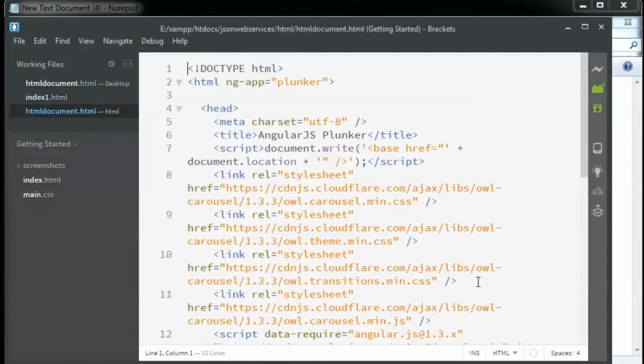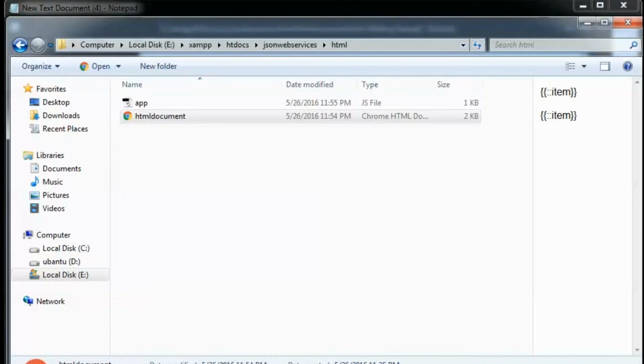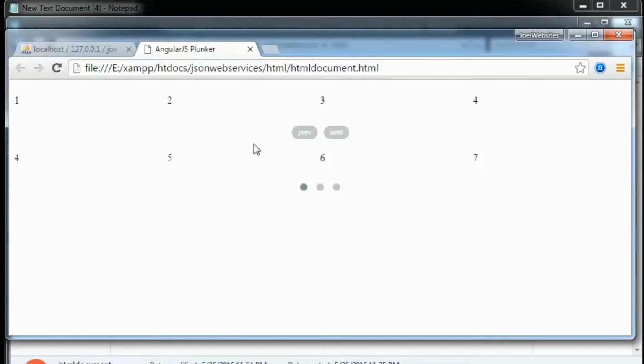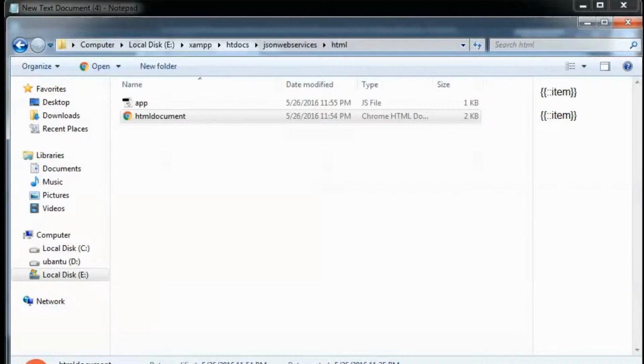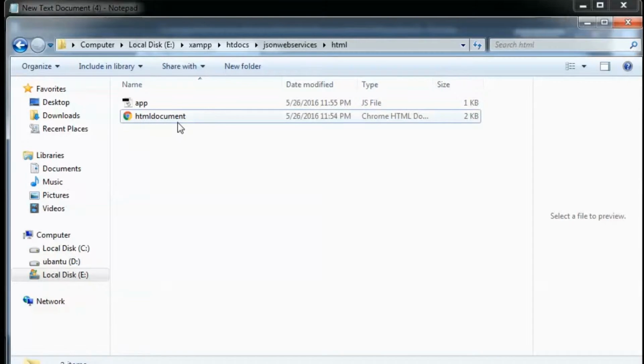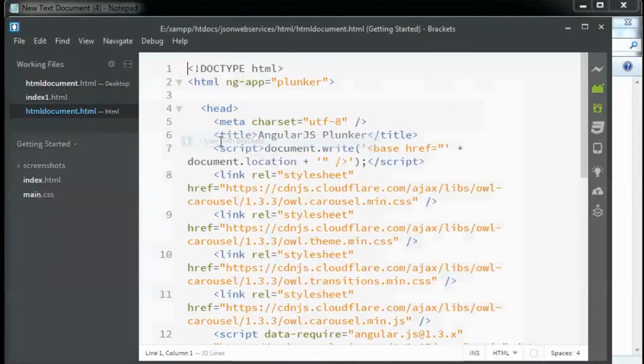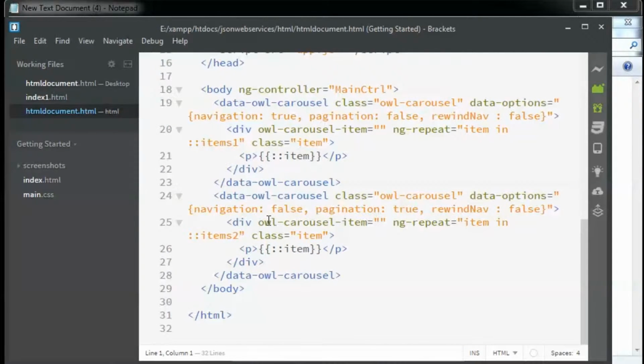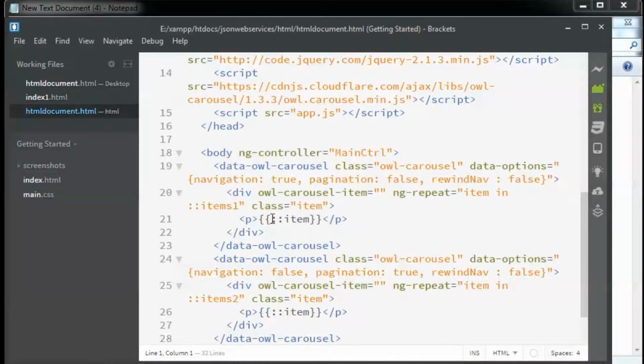The file has opened. What we've got to do is insert some images instead of these numbers. So let us try putting in the image tag. Here is the carousel. This is the ng-repeat.